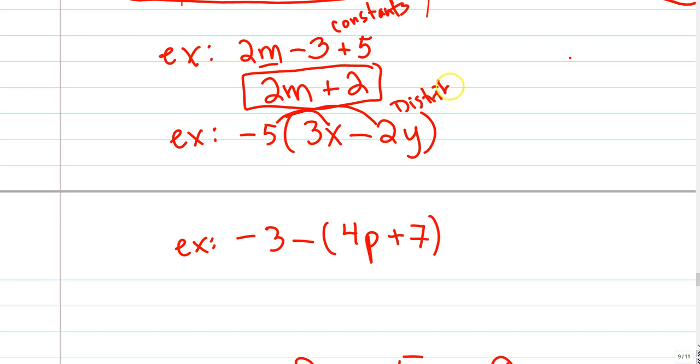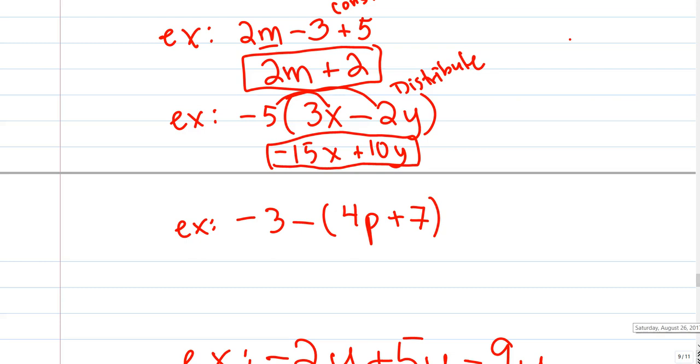Distribute. I can multiply that negative 5 across, and I get negative 5 times 3 is negative 15x, negative 5 times negative 2, a negative times a negative, positive 10y, and that's it. I can't combine them any further, but I could simplify it by distributing. This next one,